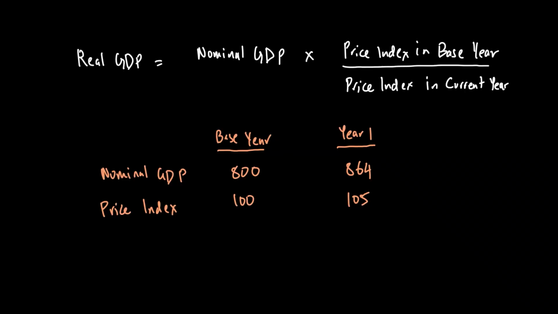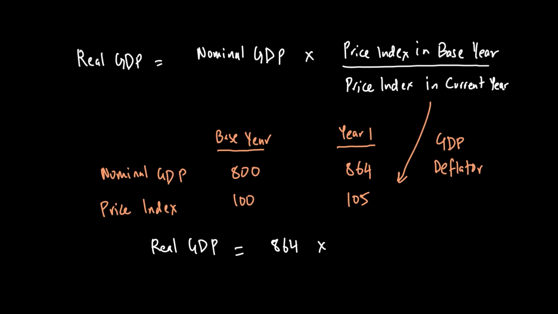Now, let's continue. If the nominal GDP is 800 in the base year, and let's say next year it turned out to be 864, while the price index, of course, will always be 100 in the base year, and next year, let's say the rate of inflation is 5%, or your price index in current year is 105, which is, by the way, also called GDP deflator, then we can use this formula to find out our real GDP. Our real GDP will be nominal GDP, which is simply 864, times price index in base year, which is 100, over price index in current year, or GDP deflator, which is 105, and I get myself the value, which is equal to